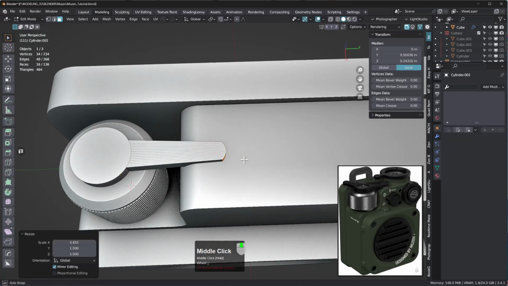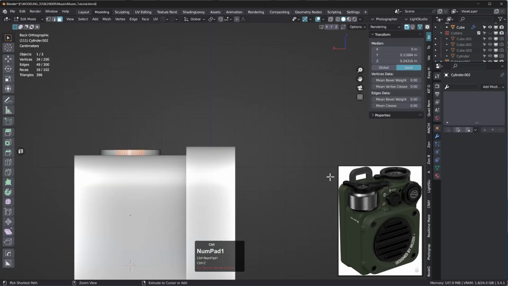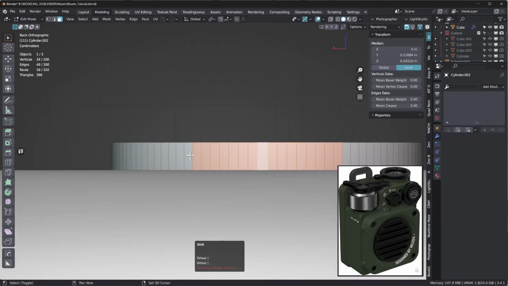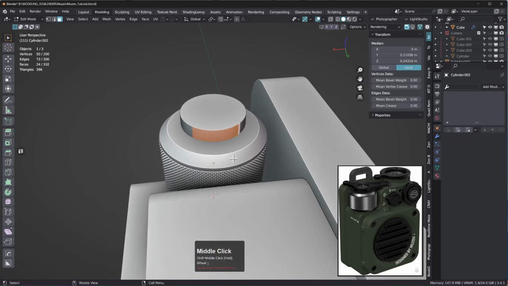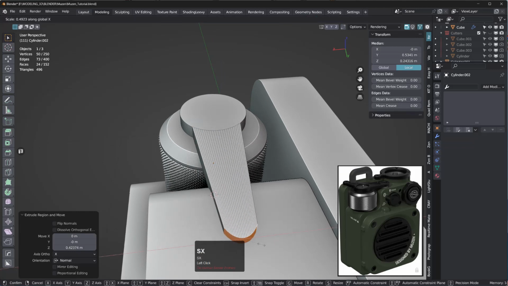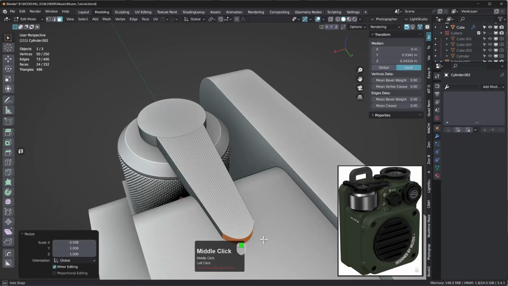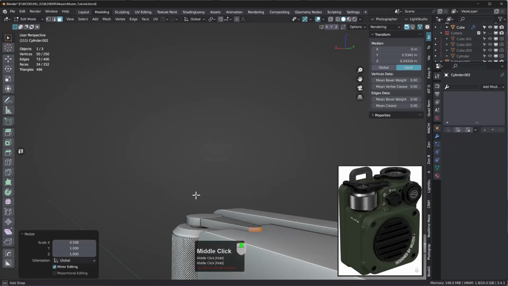Okay. It could be a little bit wider. So let's select some more faces. With Shift pressed, select 1, 2, 3, 4. 1, 2, 3, 4. Some more. And now extrude, scale X, in this manner. Looks good to me. And now